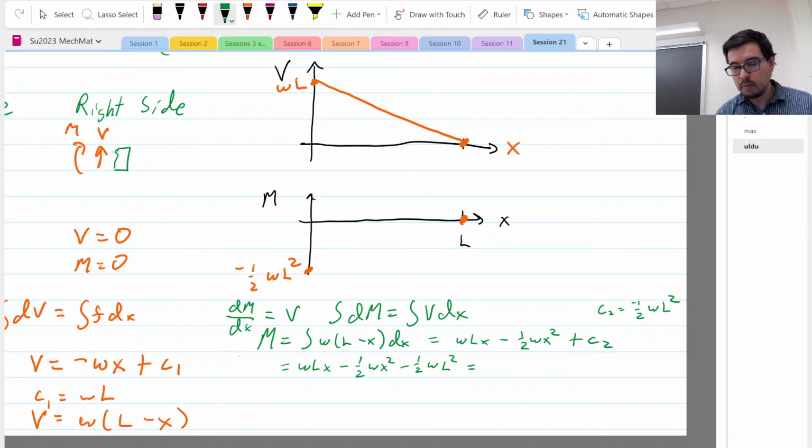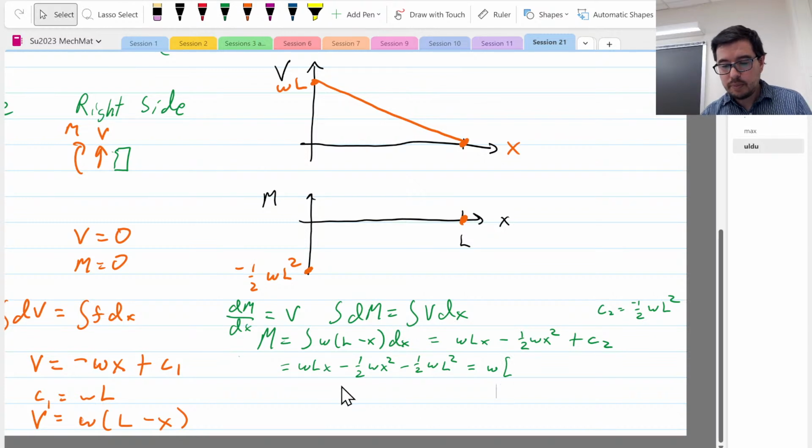I guess there are a couple ways to break this down. We can take the W's out from everything, if we want. I guess let's just write it like this. All right, LX minus